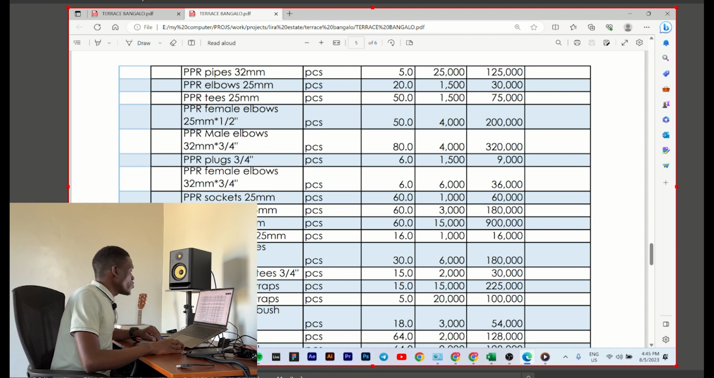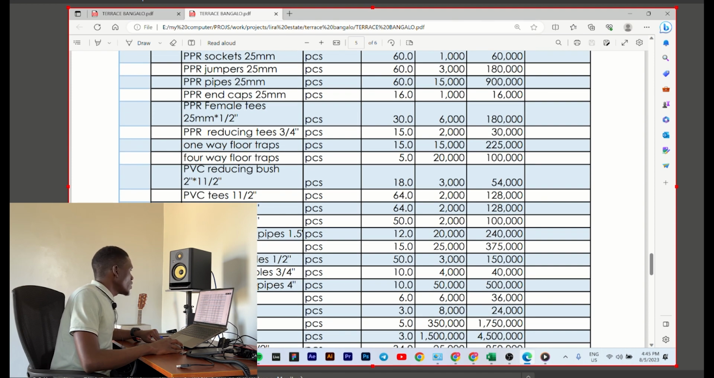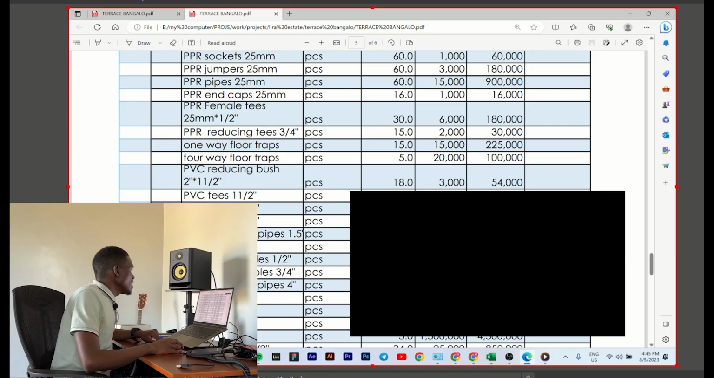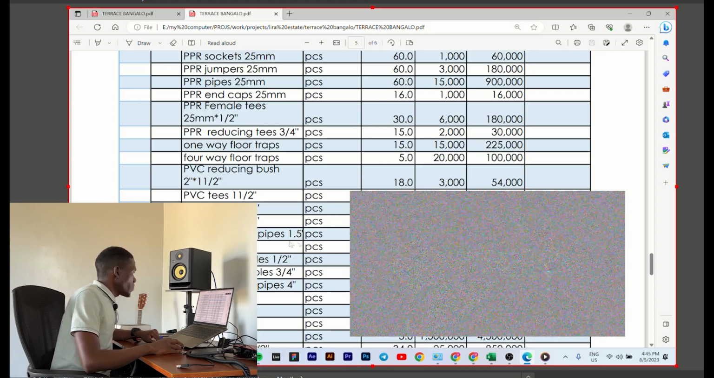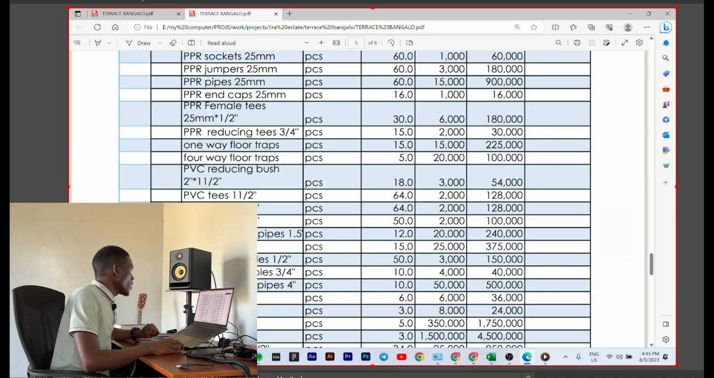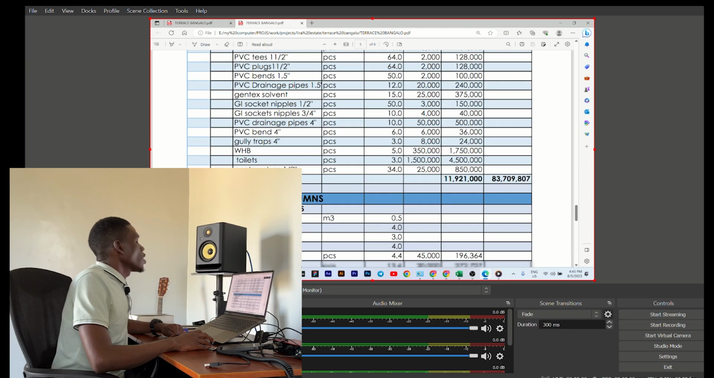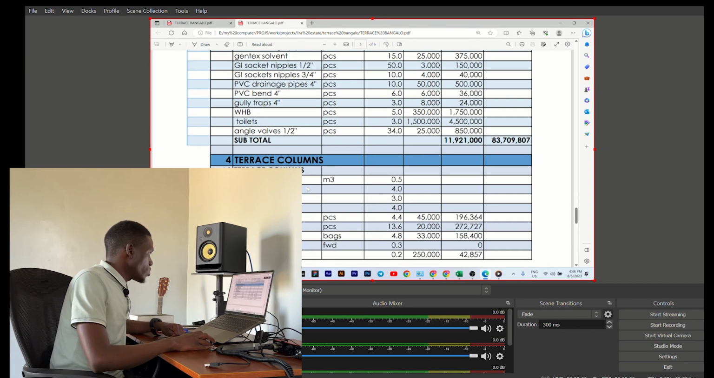Now for the external drainage, we need to buy PVC tees 1.5 inch, 64 pieces, PVC plugs 1.5 inch, 64 pieces, PVC drainage pipes of 1.5 inch, 12 pieces, Gintex solvent, GI socket nipples of half an inch, GI socket nipples of 3/4 inch, PVC drainage pipes of 4 inch, 10 pieces, PVC bends of 4 inch, 6 pieces, gully traps of 4 inch, 3 pieces, wash hand basins 5, flushing toilets 3, and angle valves. So for our terrace, for the columns we will spend